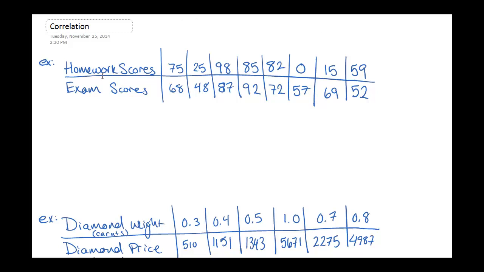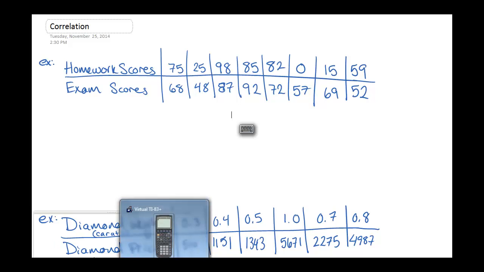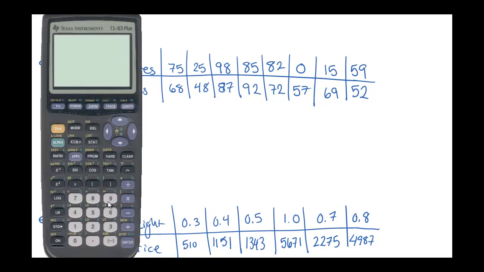So this first one we have a homework score and an exam score for several different students. So we have this first person got 75% for their homework score and their exam score was a 68%. Now I just totally made up this data as an example. We could certainly do the same thing for data for our class, but I just wanted to give us some numbers to look at. So what we can do is take this data and graph it together, and I'm going